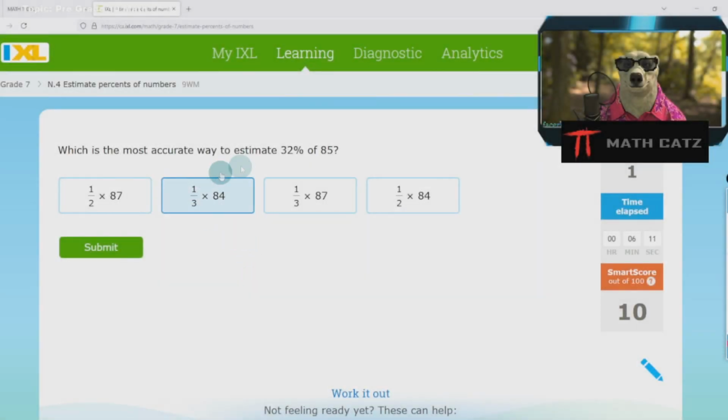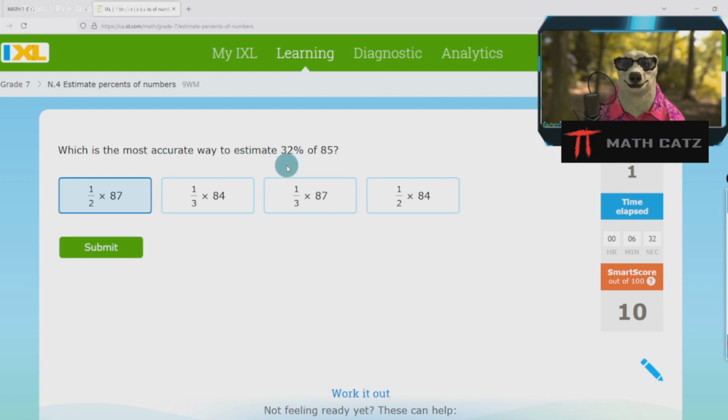Which is the most accurate way to estimate 32% of 85? Okay, this one, I didn't mean to click on that. How do I unclick it? I have to click on something. I don't know. Let's click on the first one. I accidentally click on something. This one can